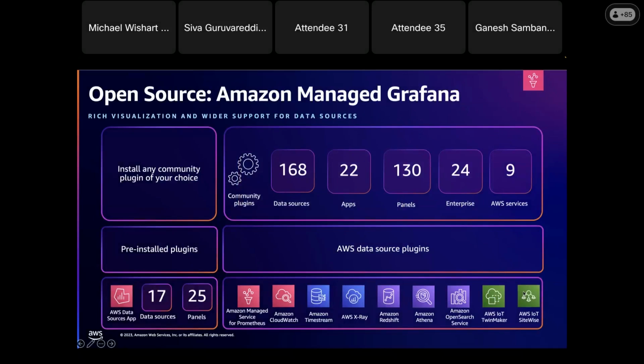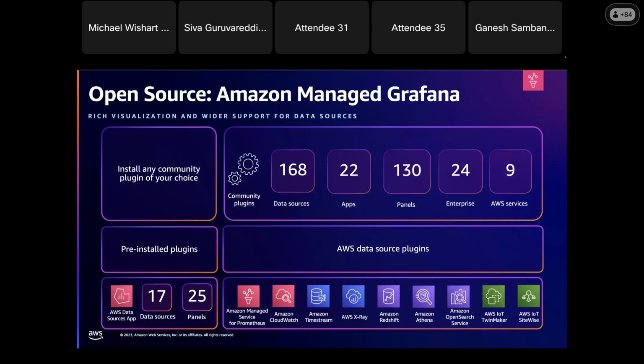And then here we want to talk about Amazon Managed Grafana. I collected these metrics some time back, so if you check the Amazon Managed Grafana documentation now, you may see more data sources, apps, panels, and additional functionality added. Open source Grafana is a most popular visualization and data analytics tool. Basically, you can integrate all the Amazon data sources.